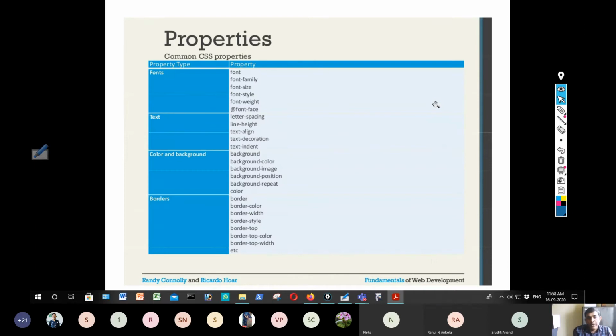So hundreds of CSS properties are there. They are categorized into different property types. What are those different property types? Because if you don't categorize them into types, it will be difficult to remember or use them when you write CSS. For example, one property type is font.